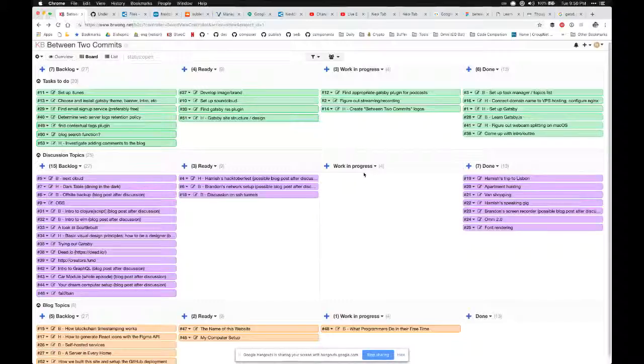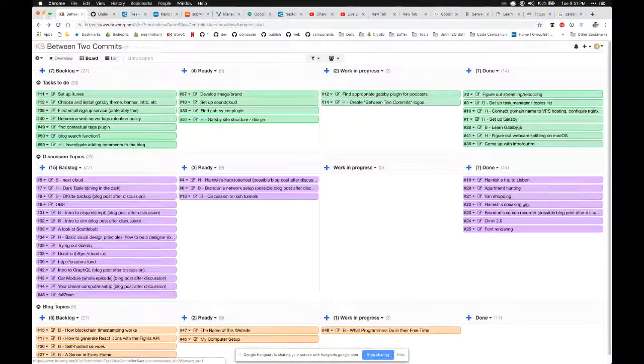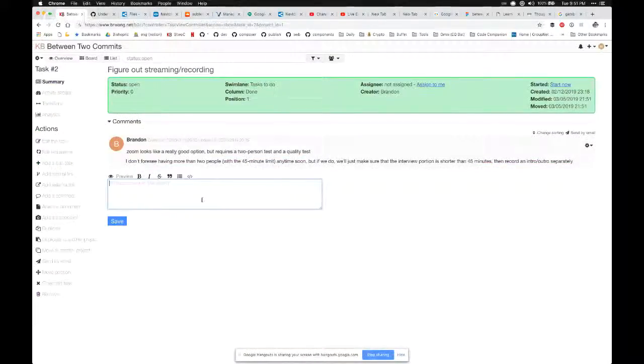Let's see what else. So you can move the figure out streaming recording to the done column. I mean, that's still kind of a work in progress, but I think we've settled on something for now. Yeah, I agree. Using Google Hangouts on air, plus both of us record audio.